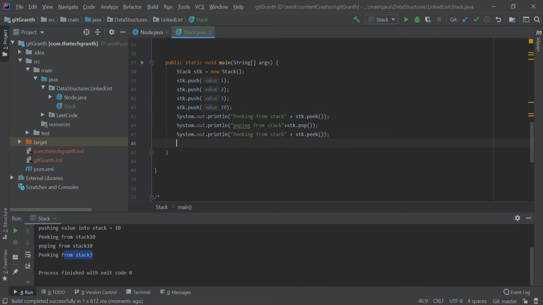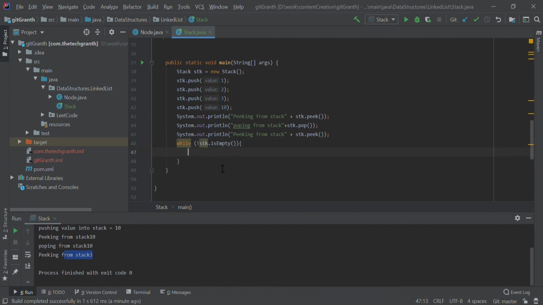So we need to test isEmpty also, so we'll say while stack dot isEmpty, sorry, while stack is not empty.